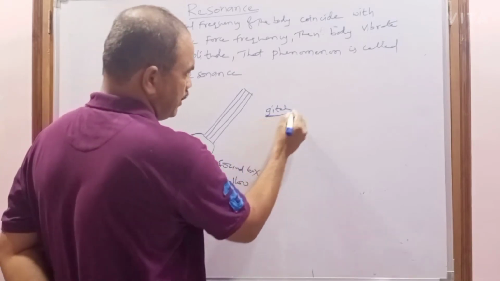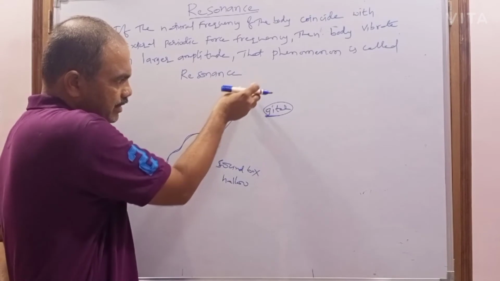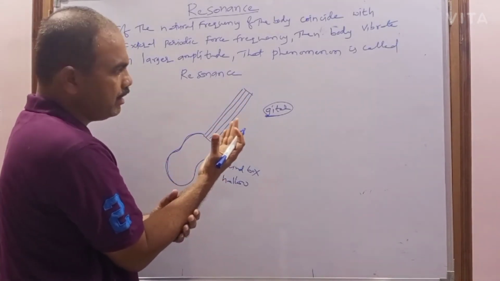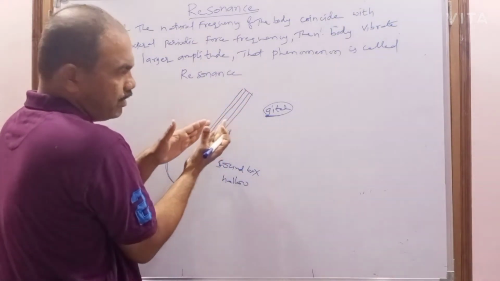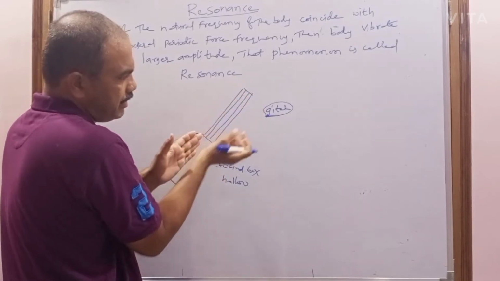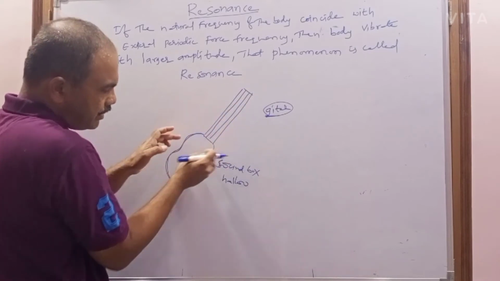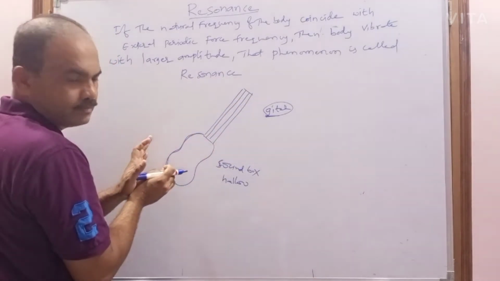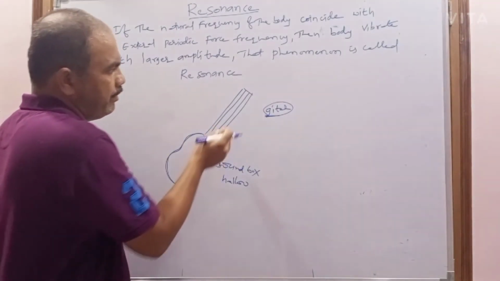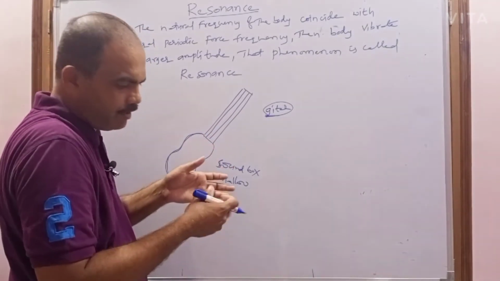So what is the guitar? This guitar contains strings, and a rod made of wood. A wooden piece of rectangular shape has some strings on it, and this rectangular wood is connected to a hollow box. That box is known as what? The sound box. Now when you are vibrating this string periodically,